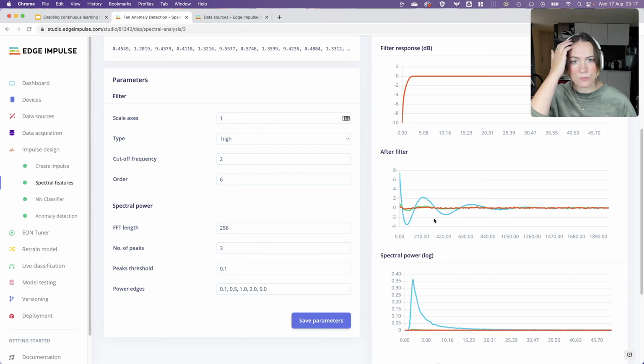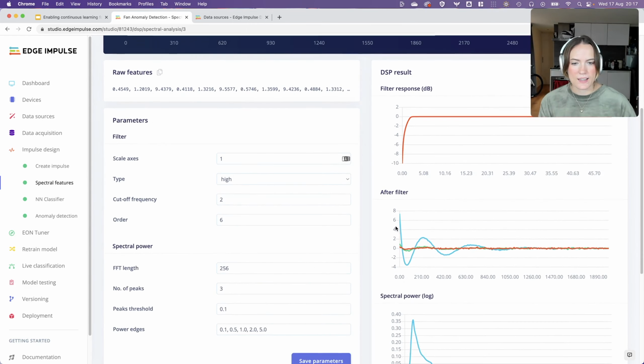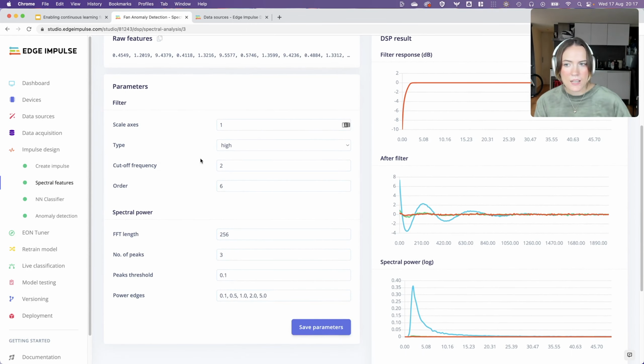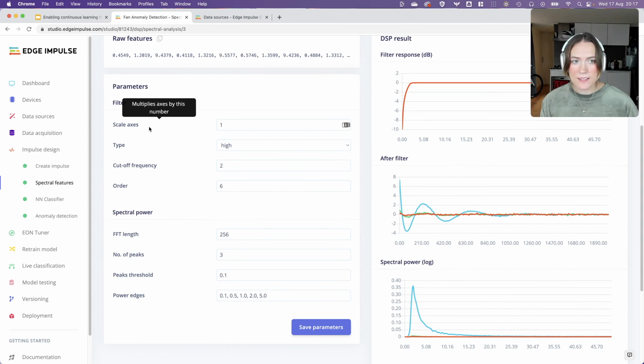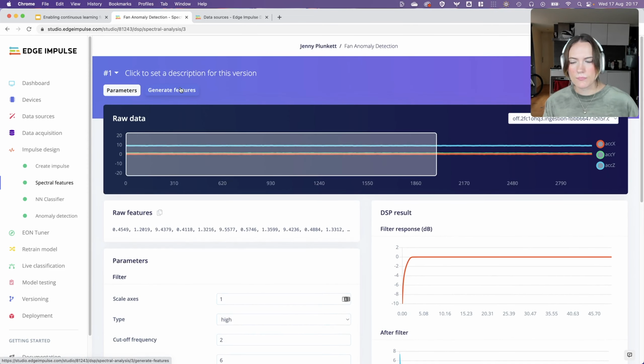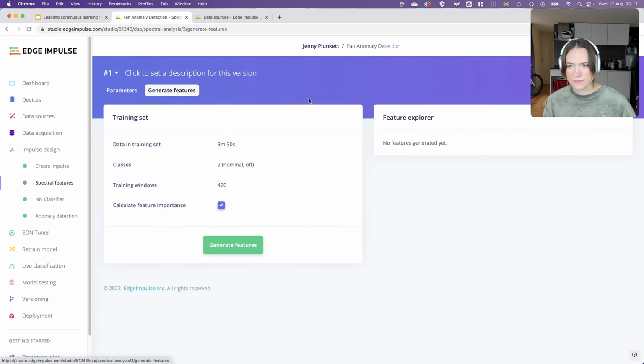And we can see what the signal will look like when it's raw and after the filter. Again, all of these parameters are just various inputs into a Python snippet that we have directly available for you to use for free in the Edge Impulse Studio. Again, all of these parameters and output graphs can be changed if you want to design and write your own DSP custom block. So we're going to then generate our features, and this extracts the most important features from our